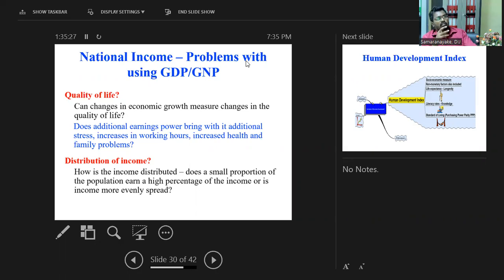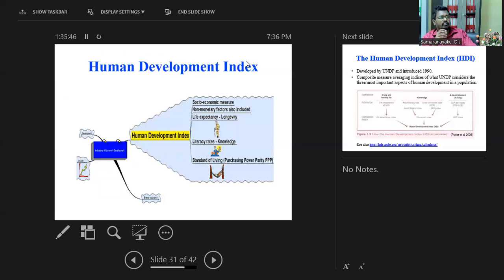If we think of national income measurements like GDP and GNP as indicators reflecting economic development, they will say a bit about economic development, but they will not indicate everything about it, as we have such problems with this measurement, right? And then we'll focus next on the next dimension, as I highlighted, that's the Human Development Index. I don't know whether you learned or discussed this earlier somewhere, because I didn't discuss this with you in any previous courses, if I'm correct.